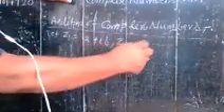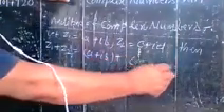Addition of complex numbers. Okay. If you assume two complex numbers, let Z1 is equal to A plus IB and Z2 is equal to C plus ID are the two complex numbers, then for addition you write Z1 plus Z2. Here you are adding Z1 plus Z2 is equal to A plus IB plus C plus ID.